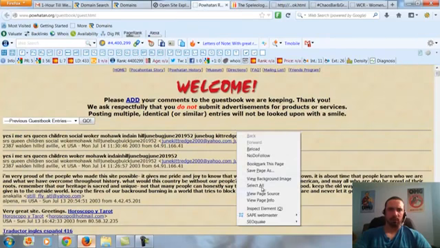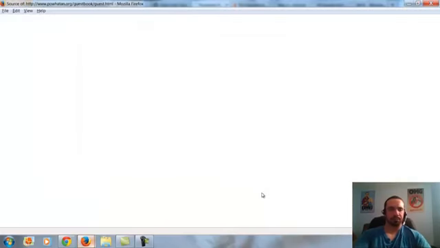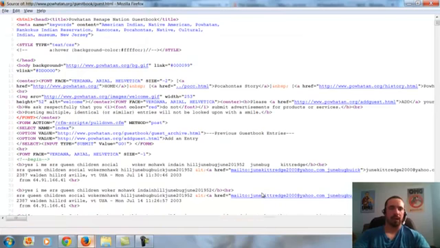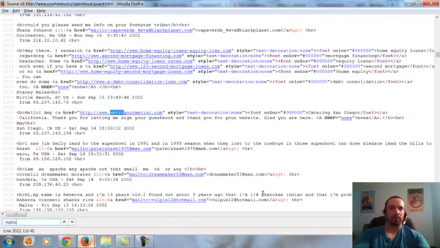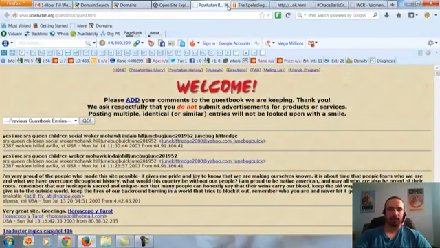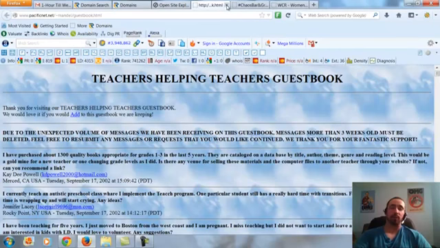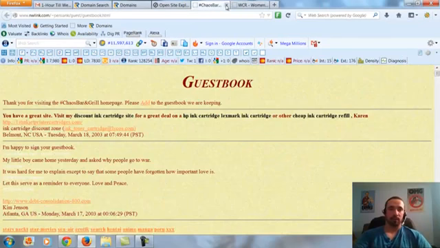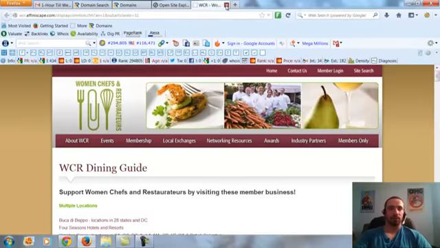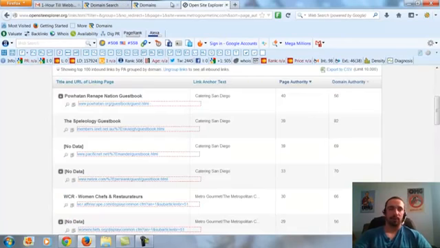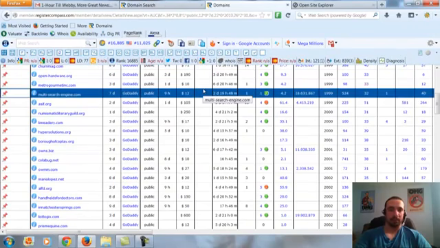So again, what I would do, I've shown this before, but I'll just show it again as a review. I bring up the source code, go to Edit Find, and then look for the domain name, Metro, and there it is right there. You're looking for href site name. Okay, so this does have a link on this site, is a PR5 link. So one PR5 makes this worth getting for $12, definitely. Even if none of these other ones have PR. Alright, one PR5 link is enough to get this domain for $12, no doubt about it.